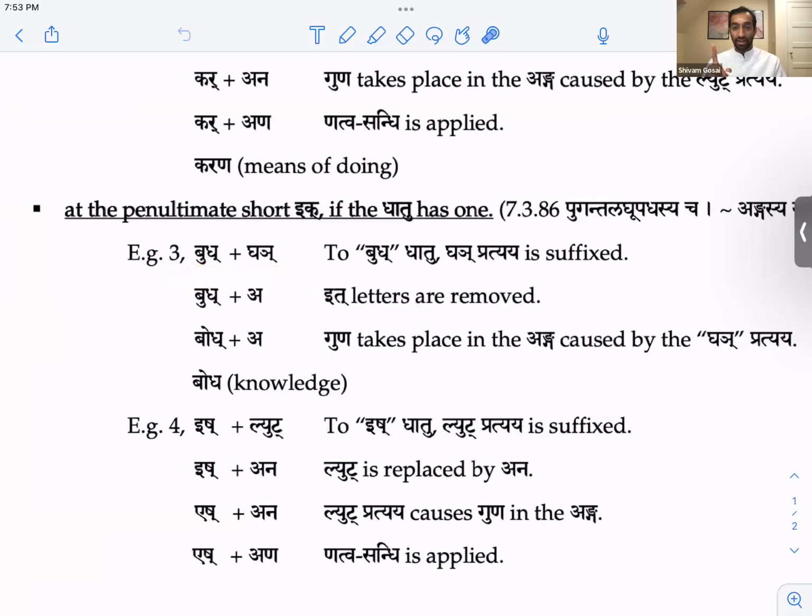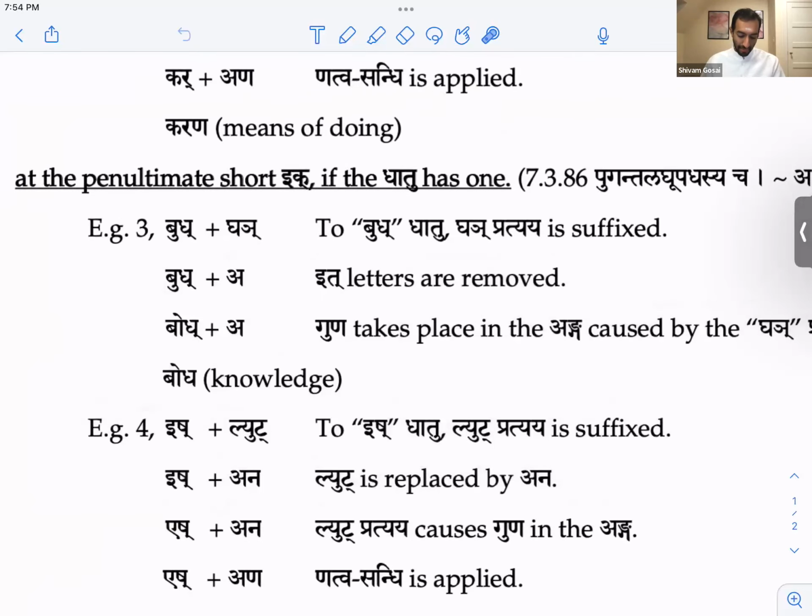Now this is a little tricky. I have a nit. So your first thing should say, okay, vriddhi is possible. Vriddhi is possible where? At the last ik. There's no last ik here. It ends with the consonant.